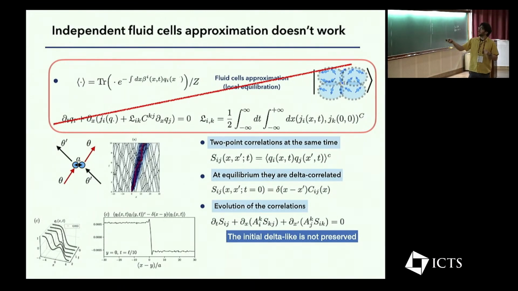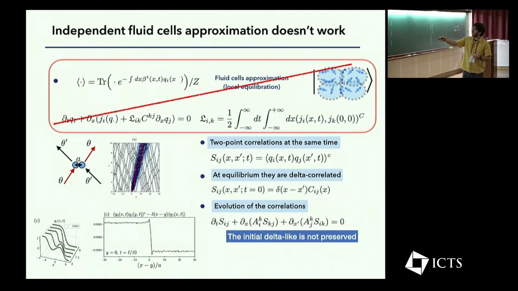This A is this convective matrix which I showed you before. But now, because this A can be x-dependent, since the effective velocity in the system can fluctuate in x due to the density waves in your system,